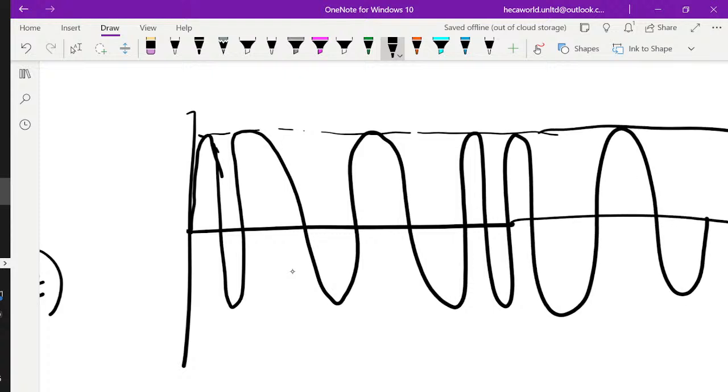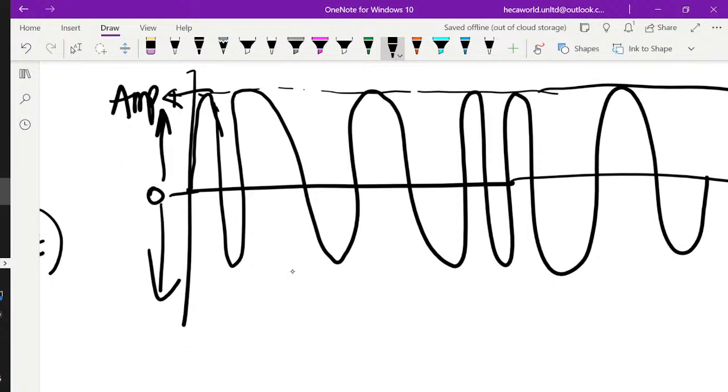The key here is that the amplitude remains the same. This is the reference, which is 0. The amplitude remains the same, but the frequency changes. So you use frequency modulation to transmit your audio signal,